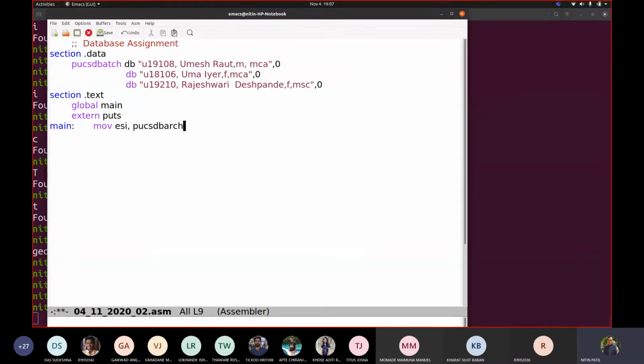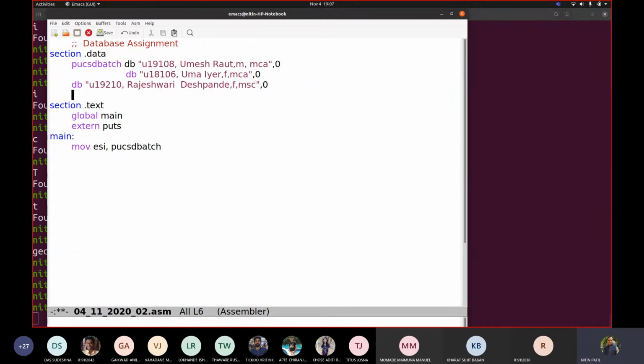Okay, now you exactly know what Maimuna said: we have to search for a comma. How many commas are to be skipped? Initially 2, correct? So let us declare here string size, EQU $ dash PUCSD batch. So no problem, even if it is going to be in your first column, correct? That should not be the problem, basically.